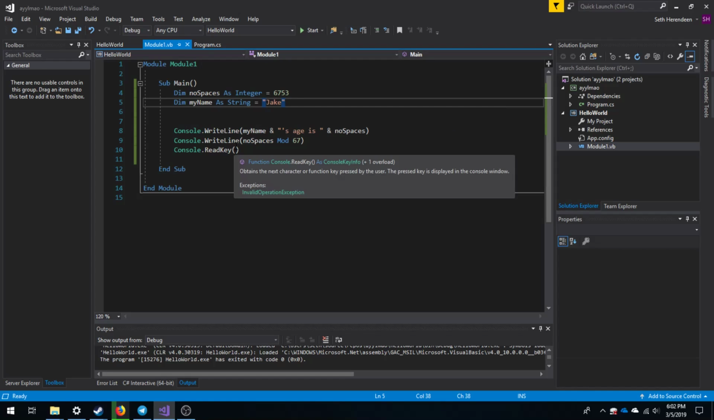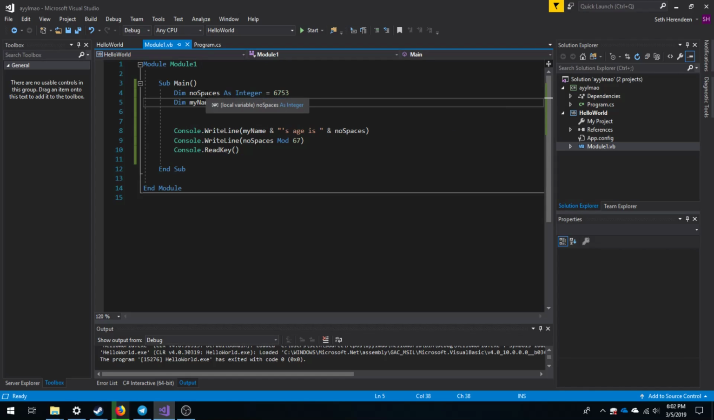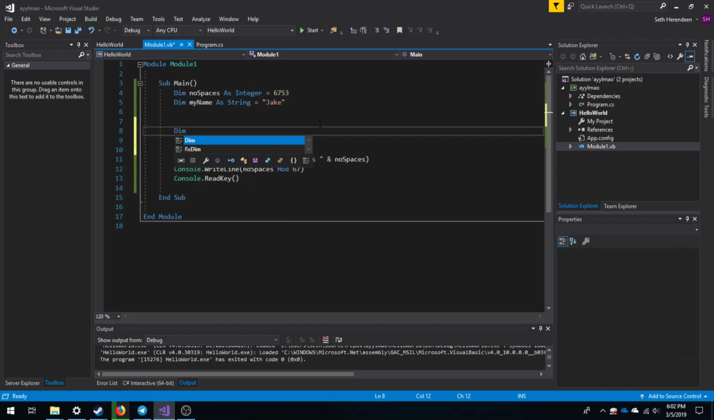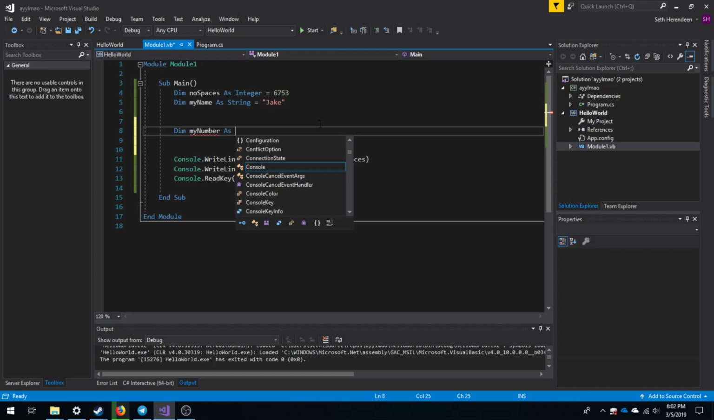So we have thus far figured out how to write our own variables, how to output them with WriteLine statements, and we will figure out a bit more. What if we want to create another variable called my number, and we'll say it's as integer,